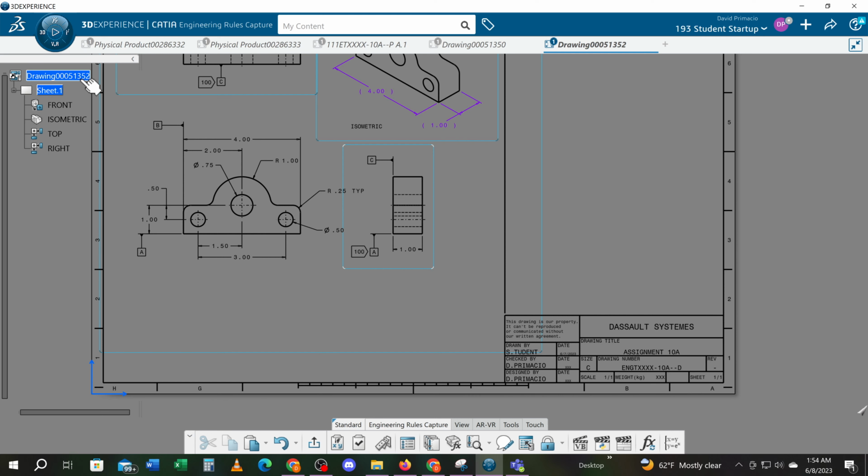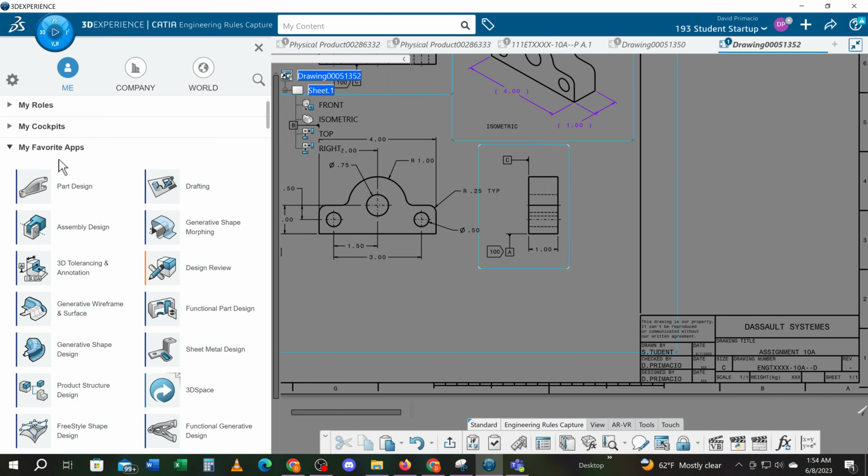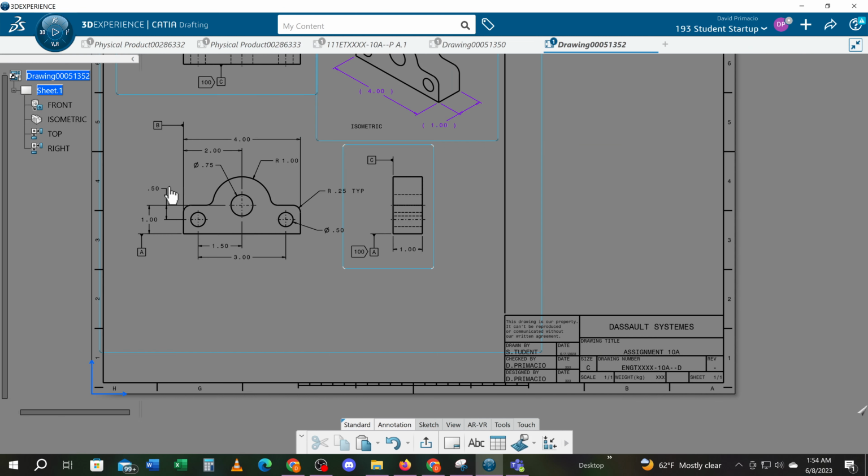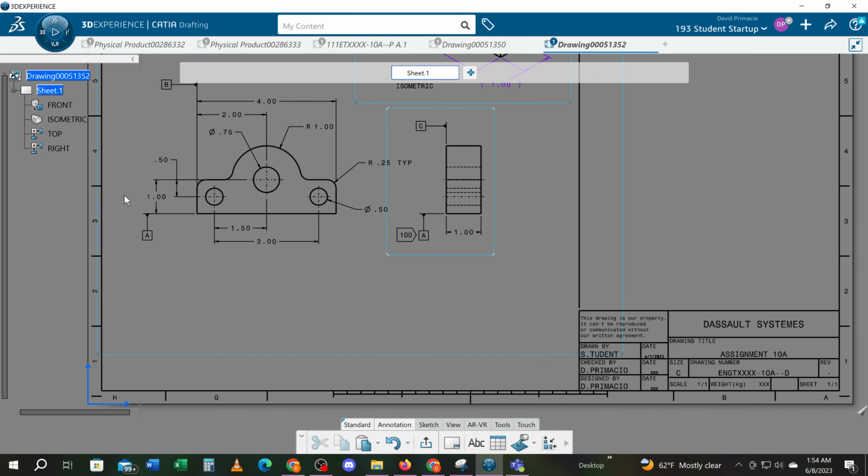I don't know how I just did that, but I'm going to go back to 3D and make sure I'm in part design. I guess it's good that happened to me so I could tell you guys if you're ever somehow not in that drafting, or something's missing in your features, always look up here to see what workbench you're in. That was quite the sleight of hand to switch workbenches. I didn't see me doing that, but I'm in the CATIA drafting workbench now, so I should be able to find